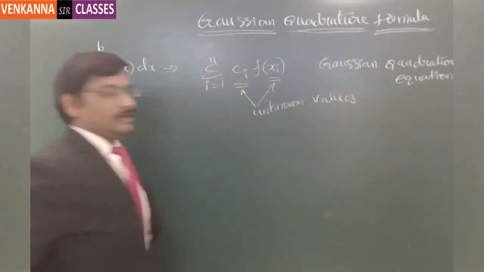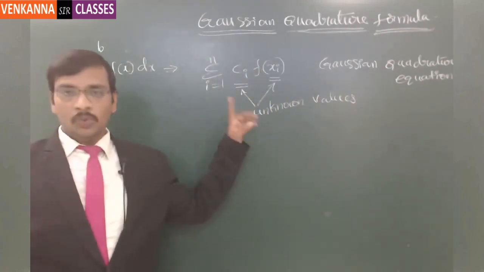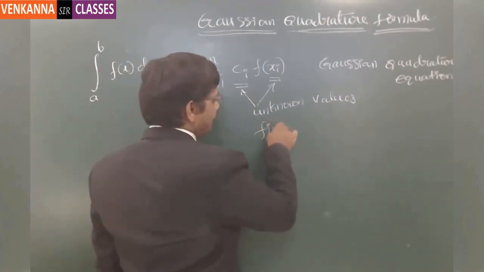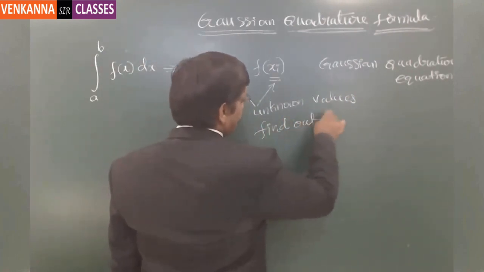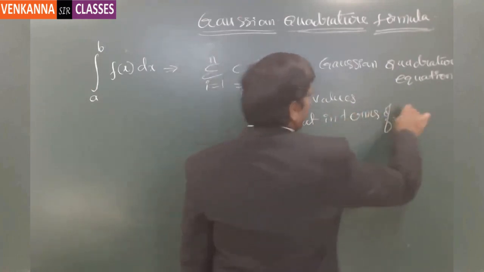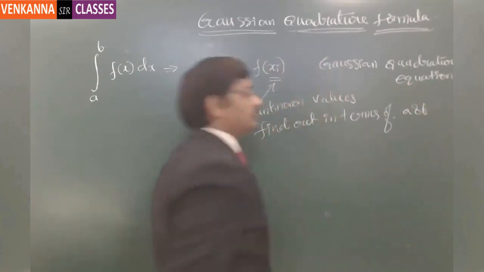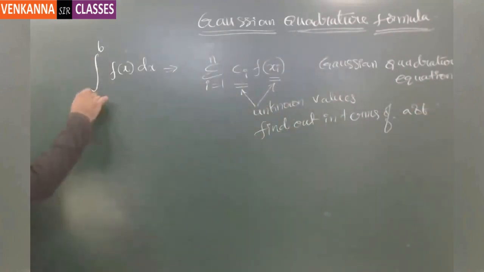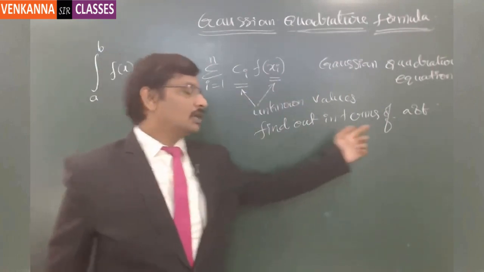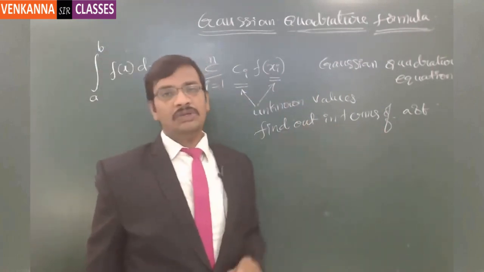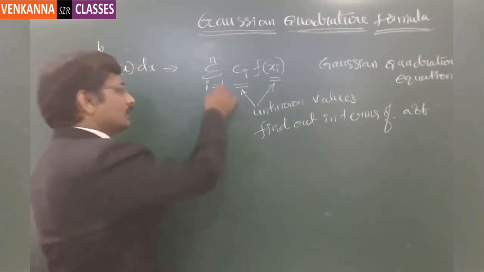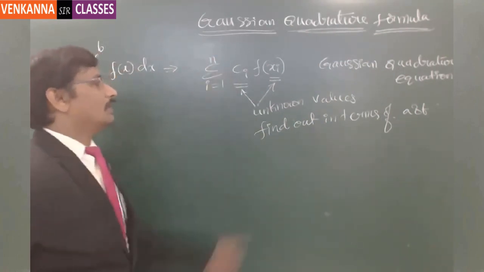These values we have to find out in terms of a and b, the integral limits, and finally you get a simple formula for finding the integral value, that is sigma i equals 1 to n of ci